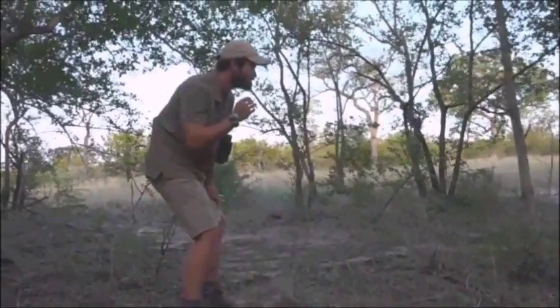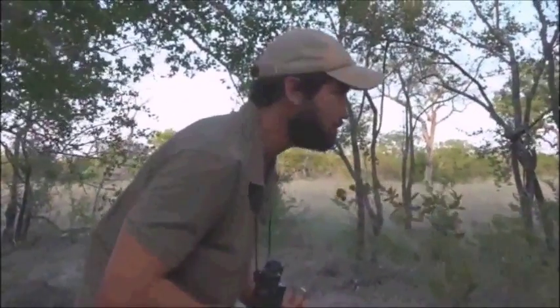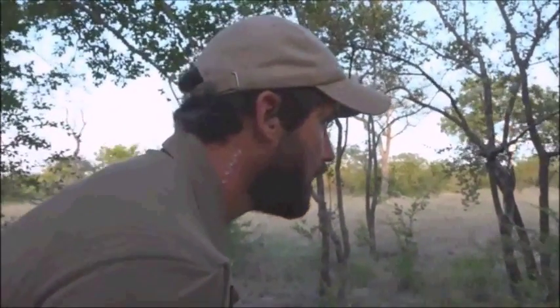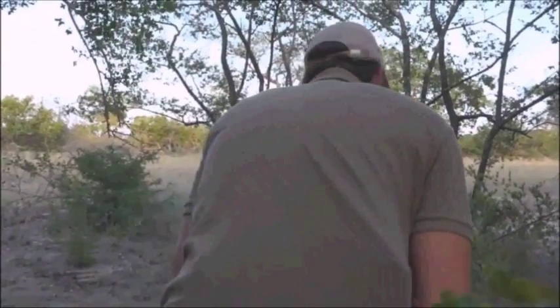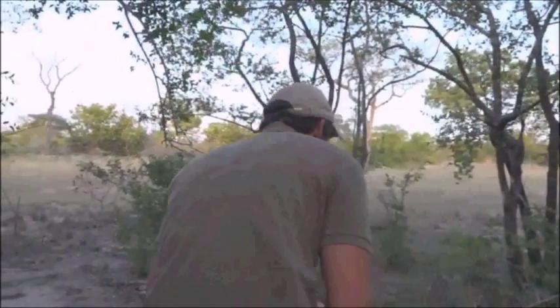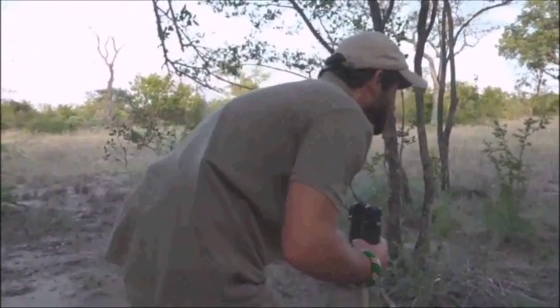We have certainly found the lions. Come and take a closer look. We just want to try and get you a quick glimpse from on foot. I think they might know that we're here, but I'm not entirely sure. I've just had a very, very brief glimpse of them. And if we just creep forward a few meters, over here,